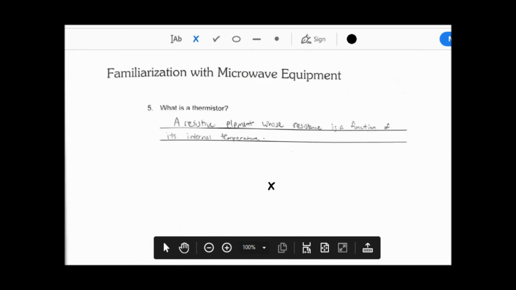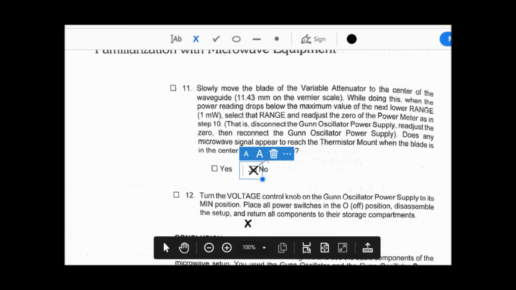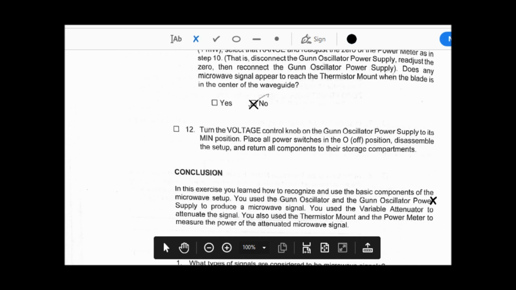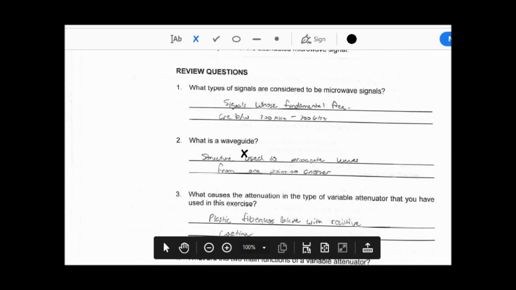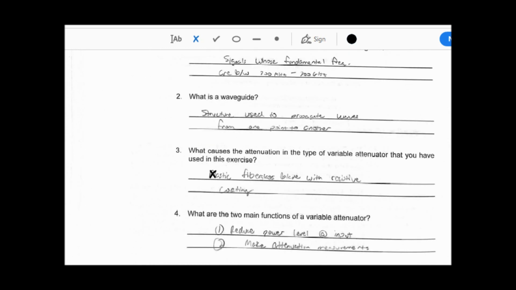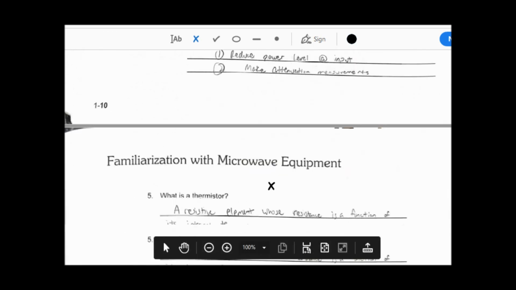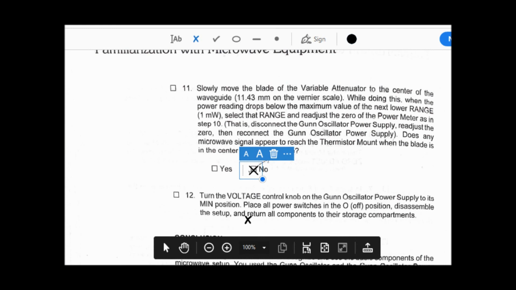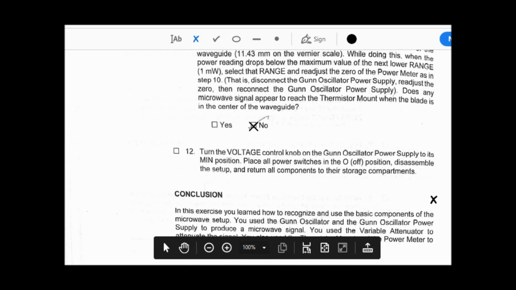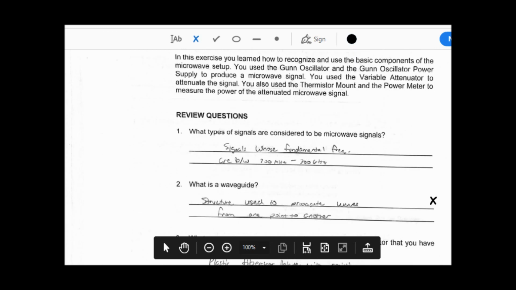So I might ask you some basic questions, like what is the frequency range for microwave signal, how the thermistor works, and how we can measure dB power and milliwatt power, and the review questions that are given at the end of this.